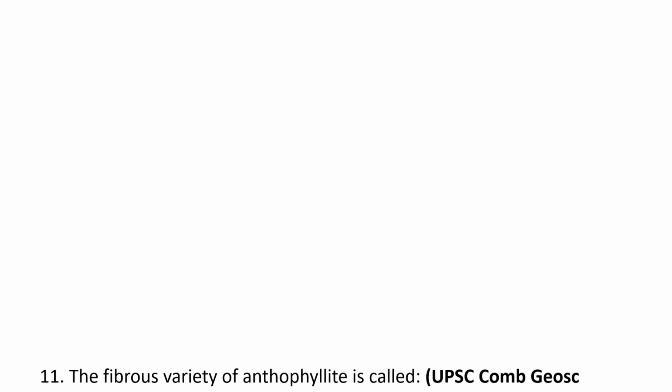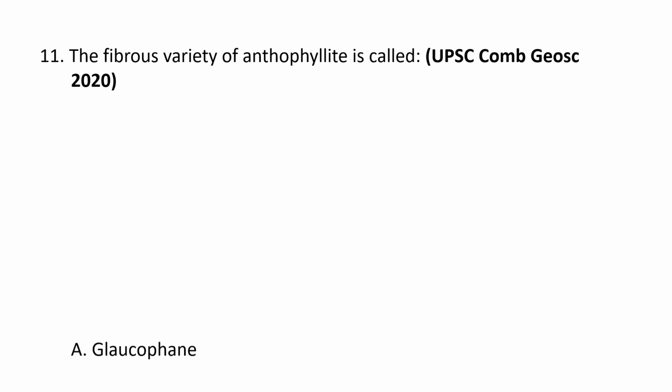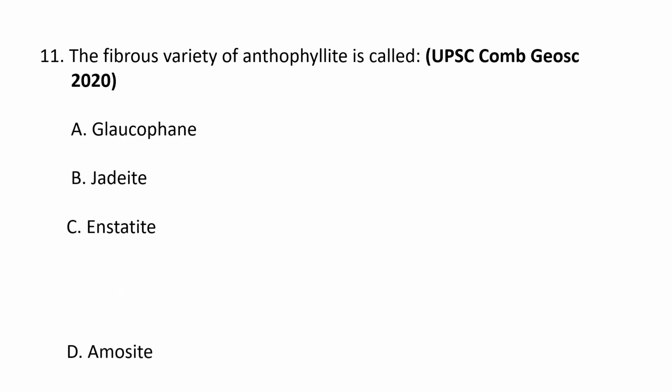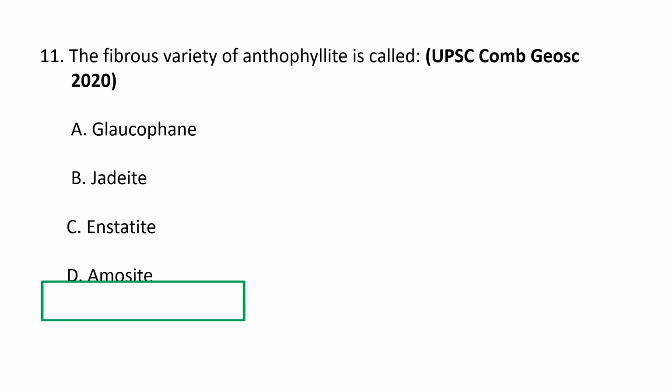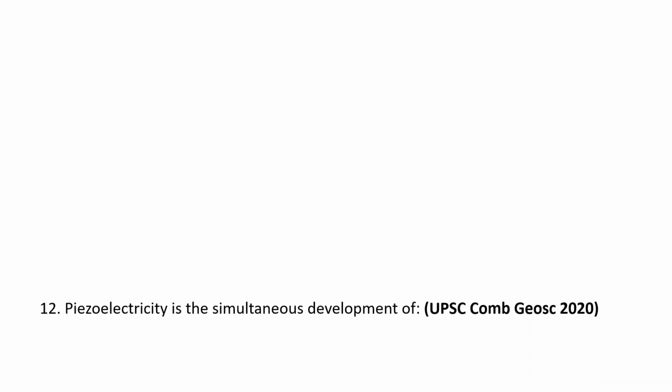Next question. The fibrous variety of anthophyllite is called: A. glaucophane, B. jadeite, C. enstatite, and D. amosite. So the correct option is